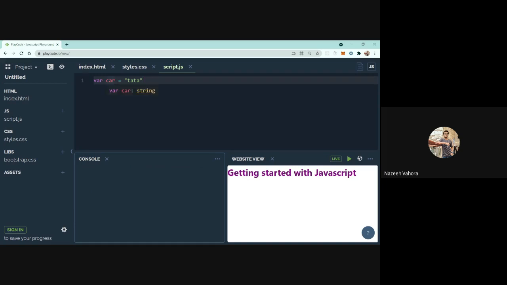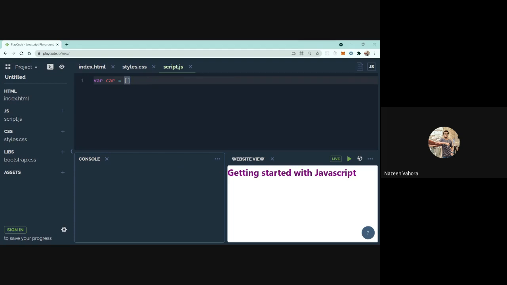One more thing I want to let you know is that variables in JavaScript are not type specific. Like I am assigning a string to this variable, or if I want, I can also assign a number to this, or we can assign an array also to this variable. So it is not type sensitive, we can say.